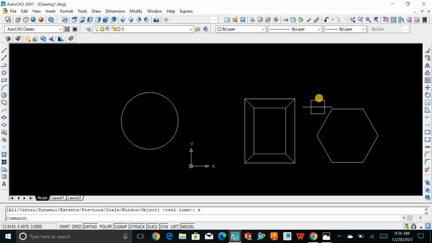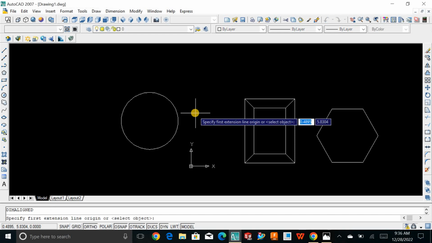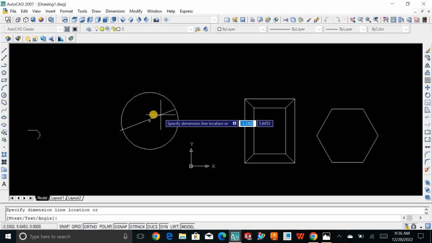Now if you just want to make a drawing for this, what you can do is make use of 3 commands. Let me show you first. DAL, double enter and click on this. See,